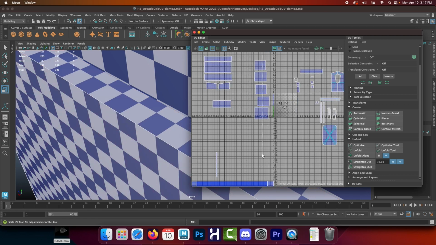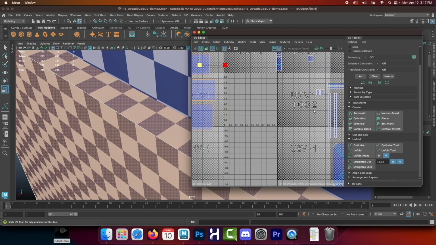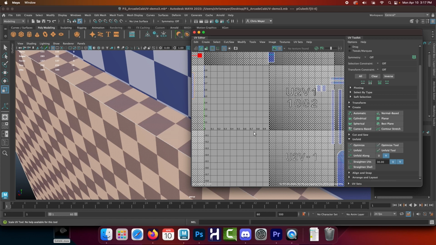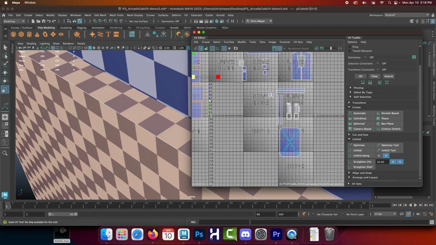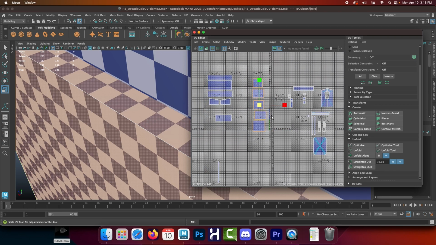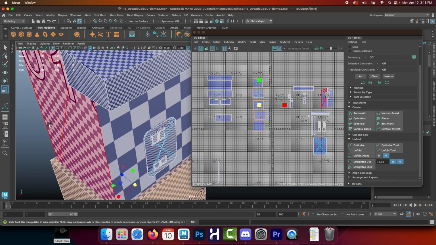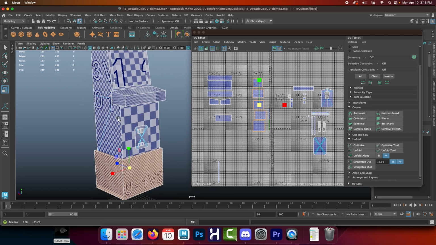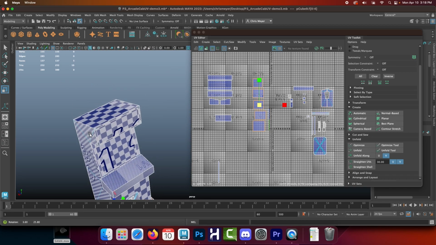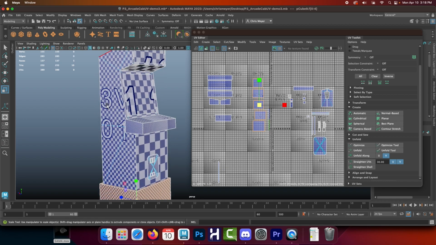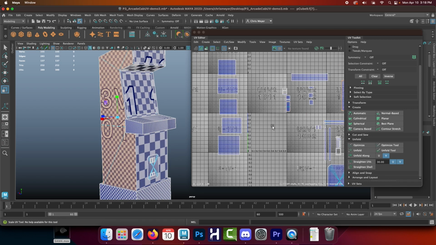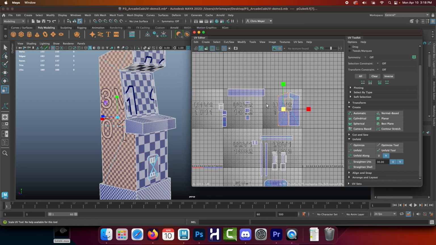I know that I want to keep these together eventually when I start packing in my 0 to 1. I want these all to share the same simple texture, so I will be making them smaller when I pack them in here, but I'm going to wait to do that until I've made my decisions about the size of particular shells. So now I'm going to take a look at these side shells, because I want to start packing early so I can figure out what size things will need to be. So these two,